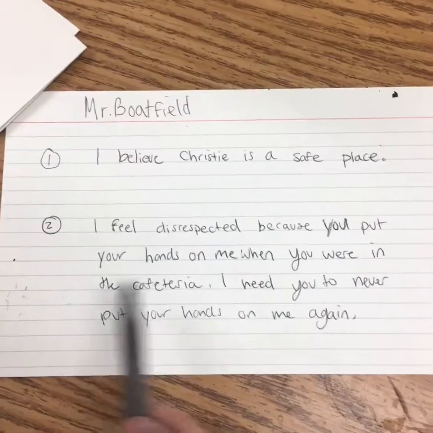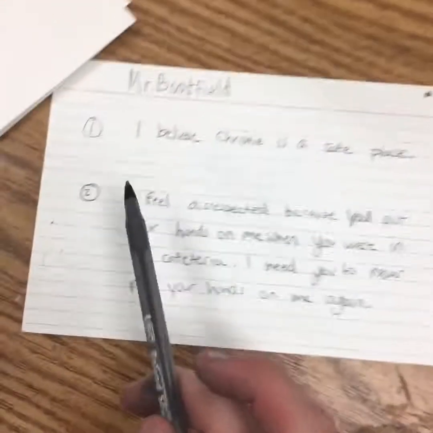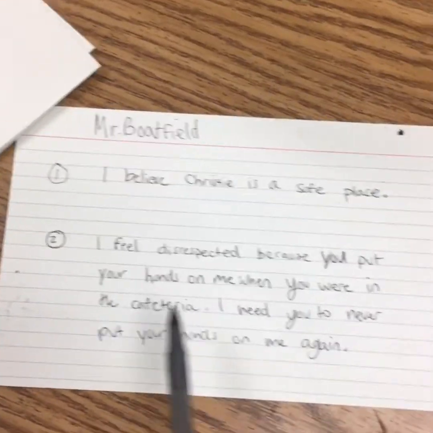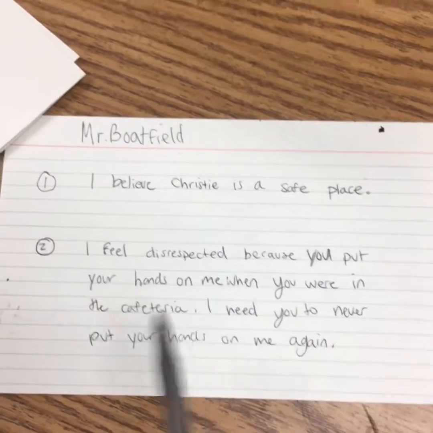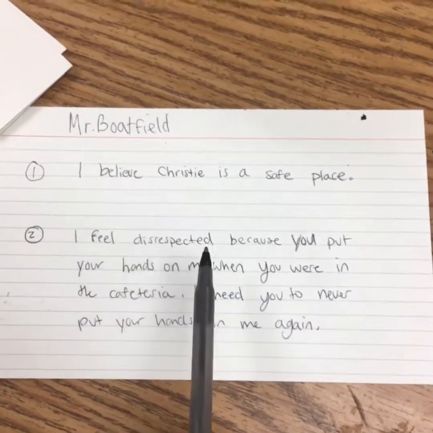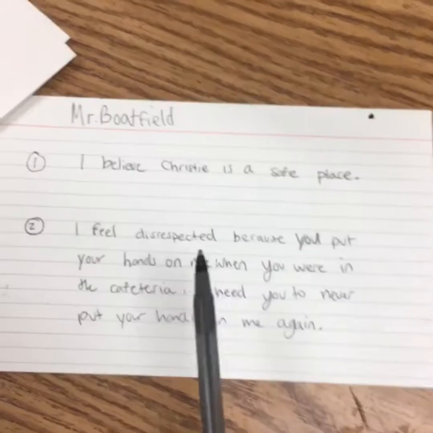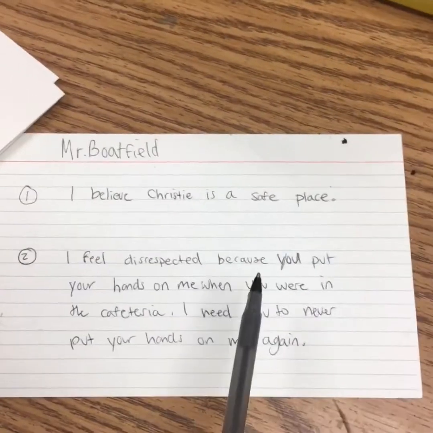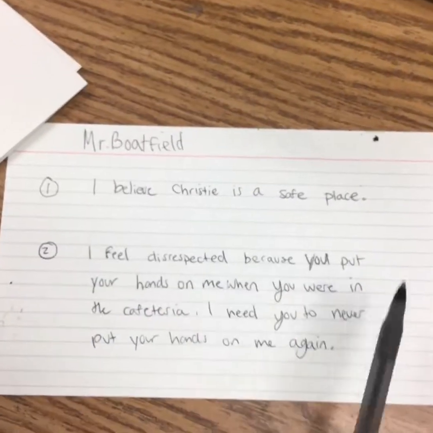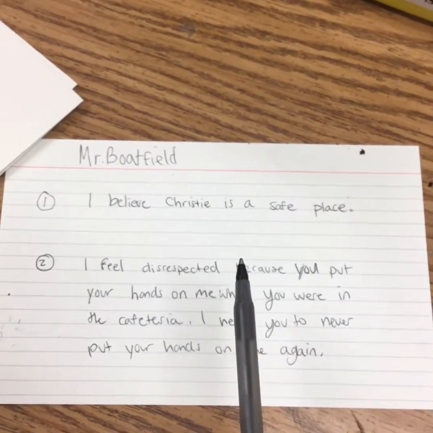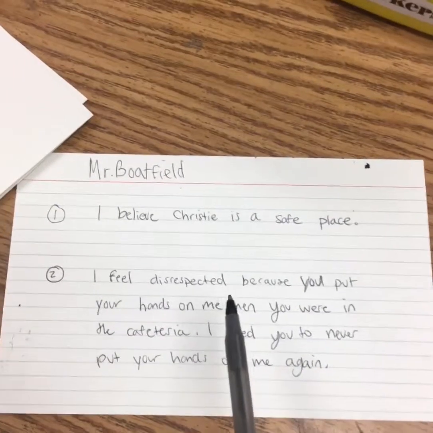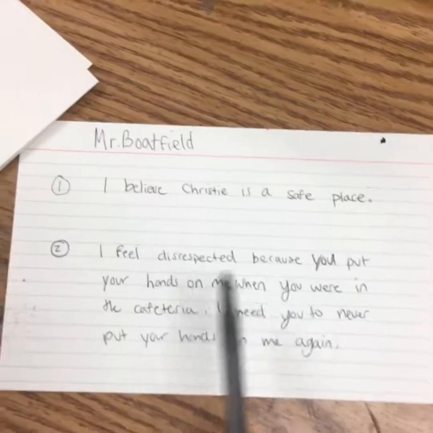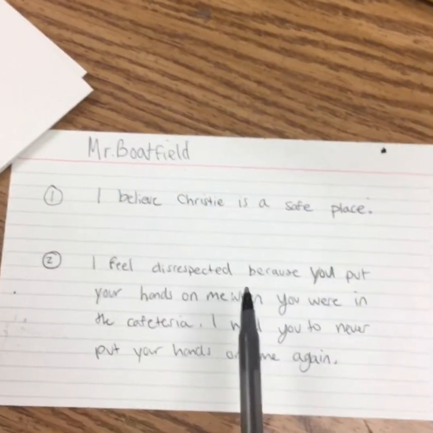So, same thing, you don't need to write the question, just put number 2 and then write at least one I statement. So remember, this can be positive or negative. I decided to write my negative statement, but let me make this perfectly clear. You do not have to put anything that you are not comfortable telling me. You also do not have to share this with a person. So I will give you the next 2 minutes to go ahead and write down at least one I statement. If you would like to talk at your table while you do this, that's fine.